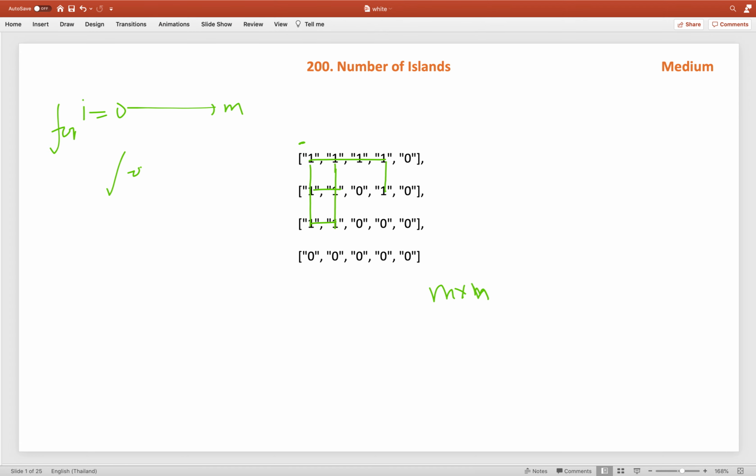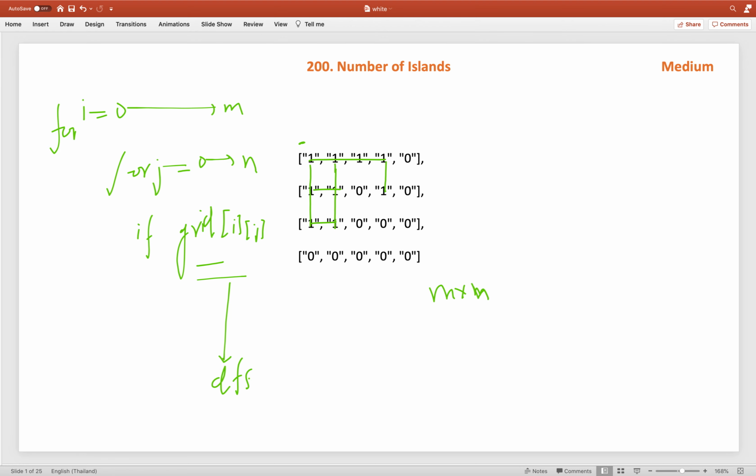Then for j equal to 0 to n, we will check the grid of i j. If the grid of i j is land, if we find land on this index, then we will call the DFS from this index to mark all the 4-directional connected other land parts.